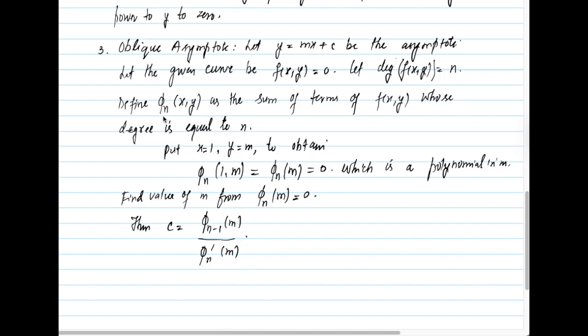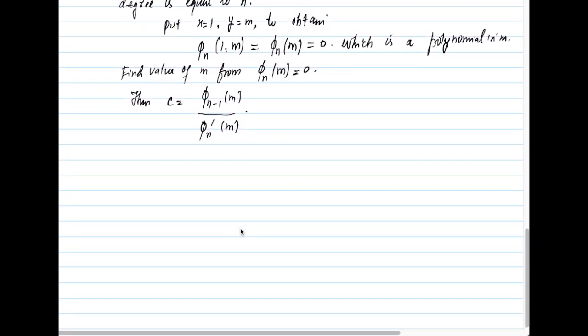अब यहाँ पे हमने एक पॉलिनोमियल डिफाइन किया था phi n of x y, which was obtained as the sum of terms of f of x y whose degree is equal to n। अब यहाँ पे c में जो हमने एक्सप्रेशन यूज़ किया phi n minus 1 of m, so this will be a polynomial, or this will be an expression obtained from f of x y, which is a sum of those terms of f of x y whose degree is equal to n minus 1। And then in the denominator we have this phi n dash of m। तो यहाँ पे हमें नीचे हमारी जो एक्सप्रेशन होगी phi n of m, वहाँ पे हमें डेरिवेटिव लेना है with respect to m and evaluate this phi n dash of m।